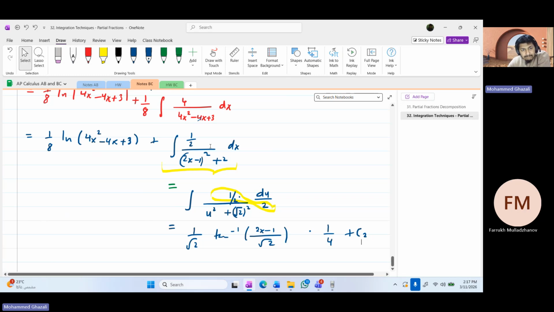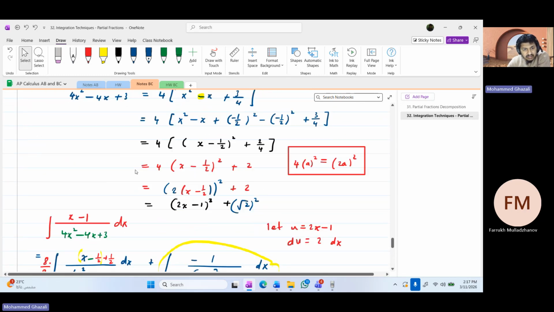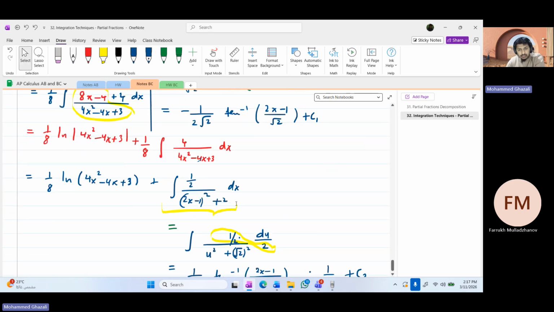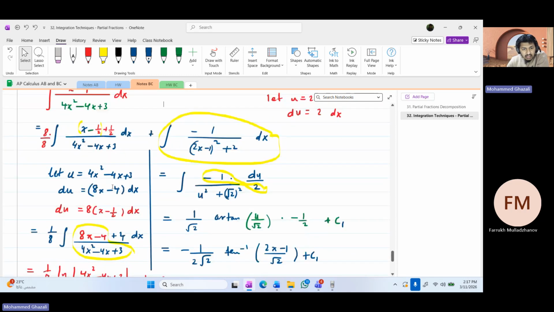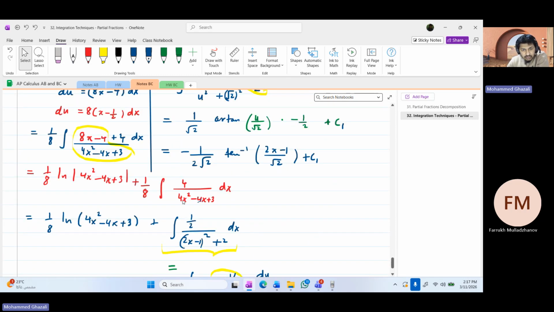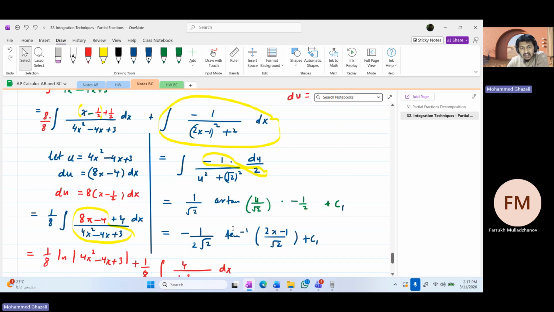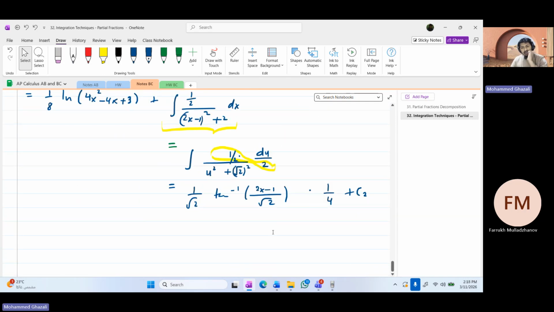But look, I should have just started integrating this part first by using a u substitution. I'll show you how to do that. My final answer would have been, because this part over here split up into half, and then half minus 1 is minus half. So I would have had a minus half here. So my final answer would have been,